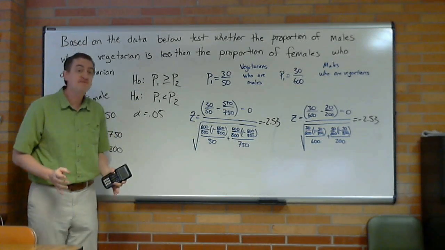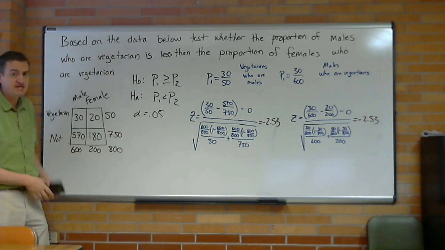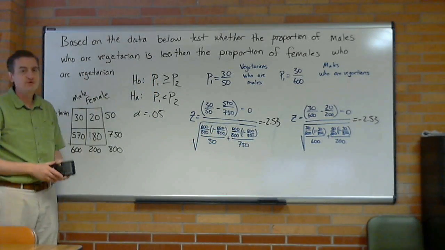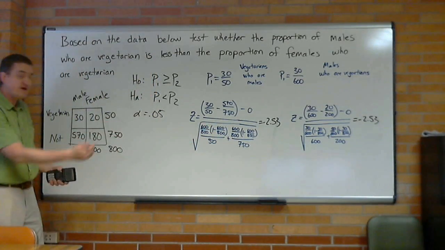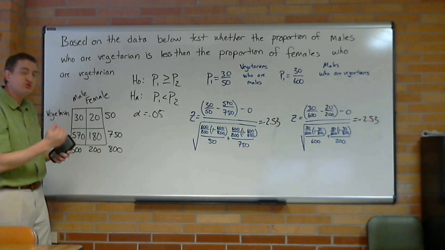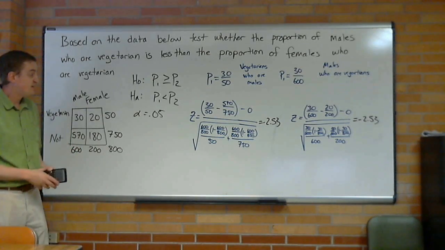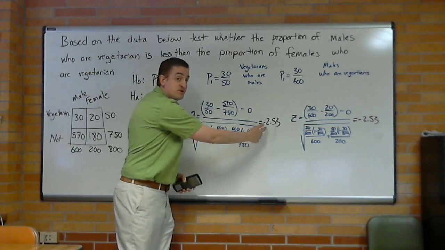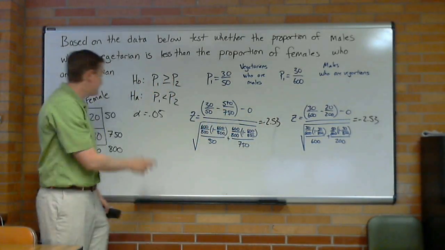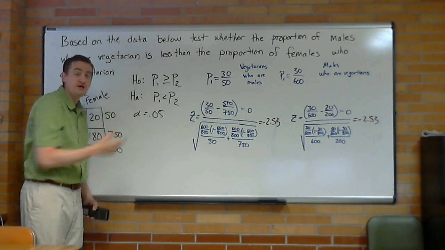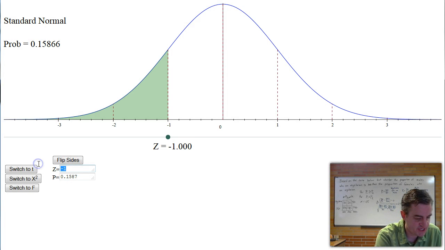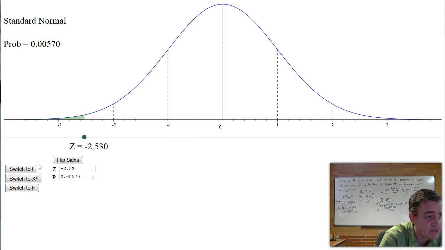That's one reason I love these kinds of questions on exams, except you of course can't put in all these numbers in your calculator, so I will help you to calculate those on the exam. But no matter which way you're thinking about it, you're gonna be able to get it right. Now, if we had switched these 2 proportions, instead of getting a negative number, we would have gotten a positive number. But that also would have switched what we had right here, and so we'd end up still getting the same p-value, which incidentally is negative 2.53,